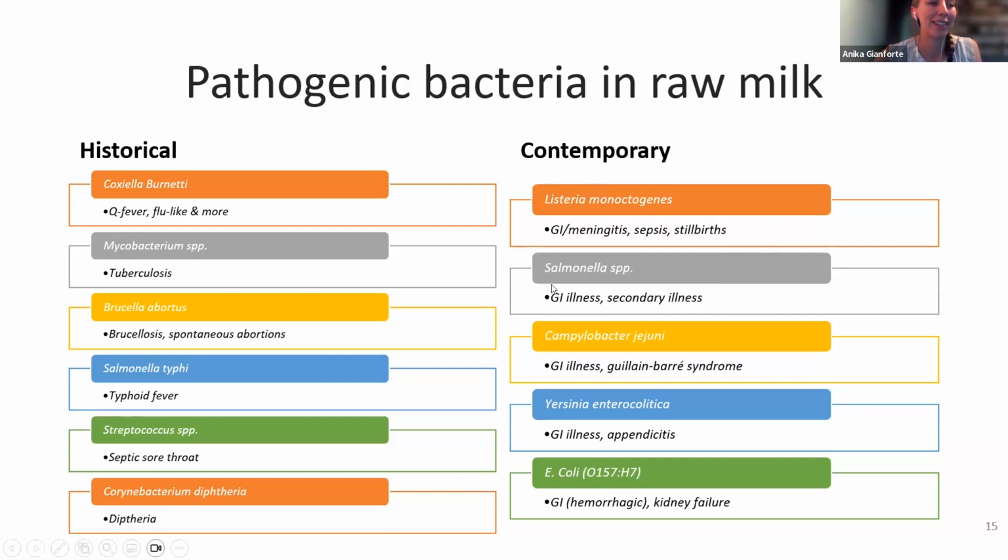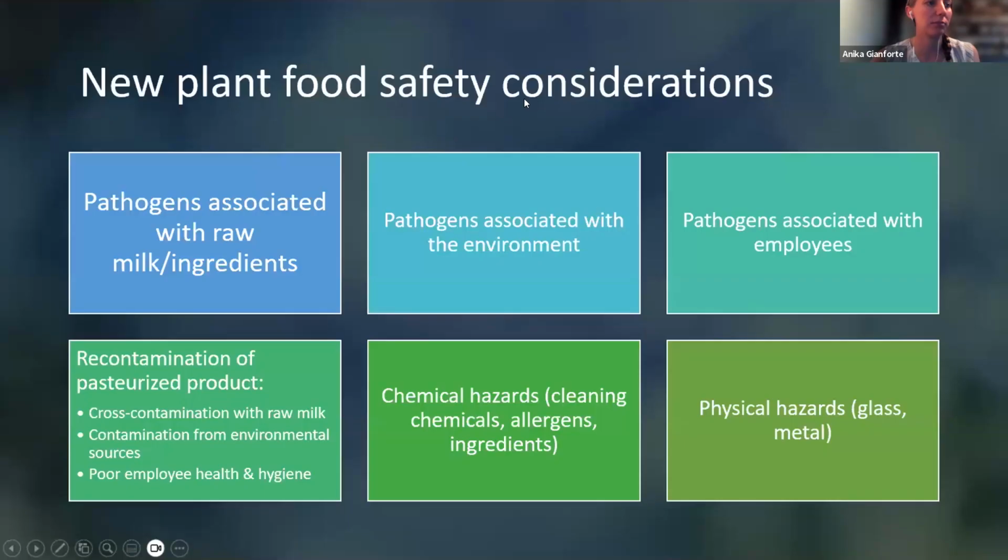So this is kind of the slide that typically scares people, but also it's going back to that public health comment. This is where all of this is coming from. So historically, this Coxiella burnetii is the most heat-resistant pathogen. So later when we talk about pasteurization, the way the pasteurization time and temperatures were determined is actually by how heat-resistant the most heat-resistant pathogen is. So this one can survive in the most extreme temperatures. So that's what we base our pasteurization time and temperatures on, so that we can make sure we're eliminating those